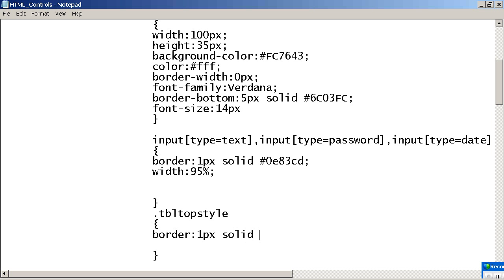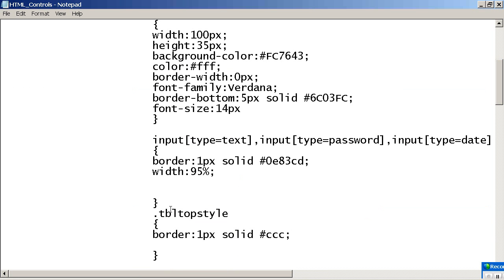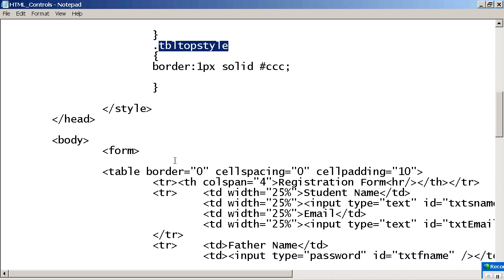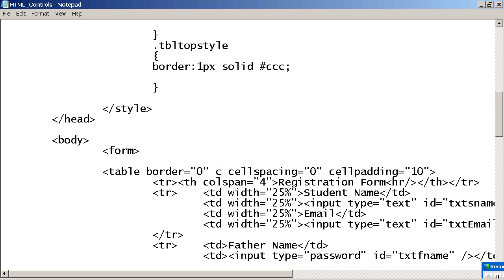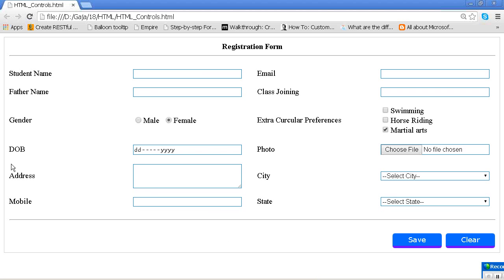We need to give the color next, this is gray. Now anyway it will not affect anything unless you specify that in the variable. Okay, it's okay. Great.